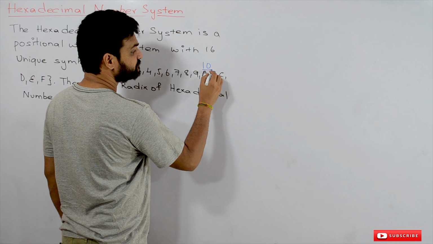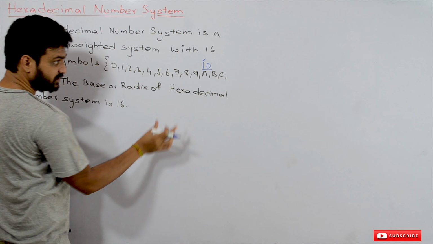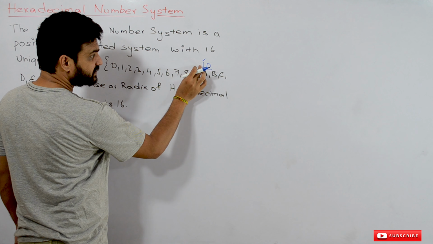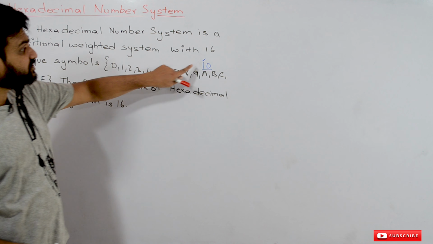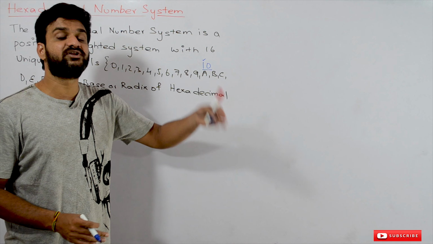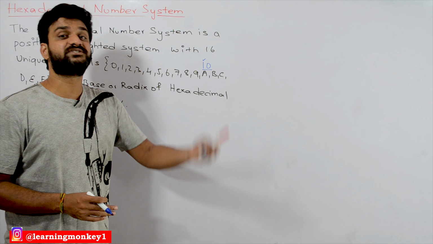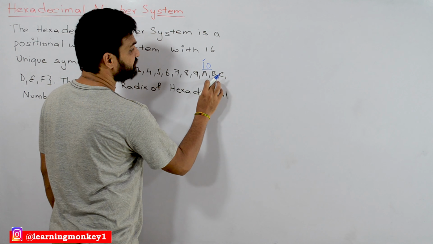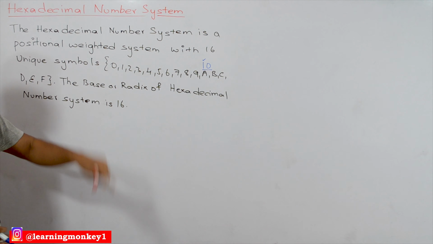If we use 10, you will get confused. If you try to understand the digits separately, it may be 1, 0 or it may be 10. Individually, if you consider it as 1 and 0, then you will get confused whether it is 1, 0 or 10. In order to bring the distinction between the digits, we have used unique symbols like A, B, C, D, E, F for 10, 11, 12, 13, 14 and 15.